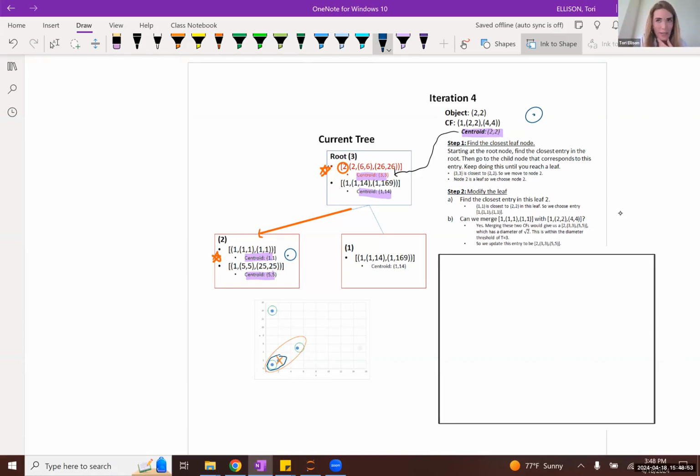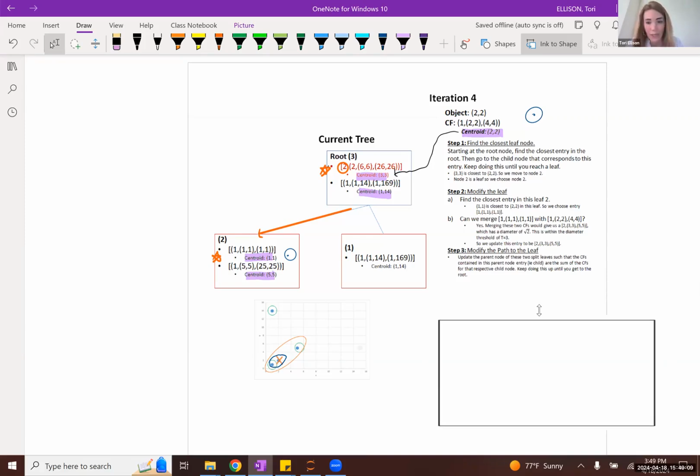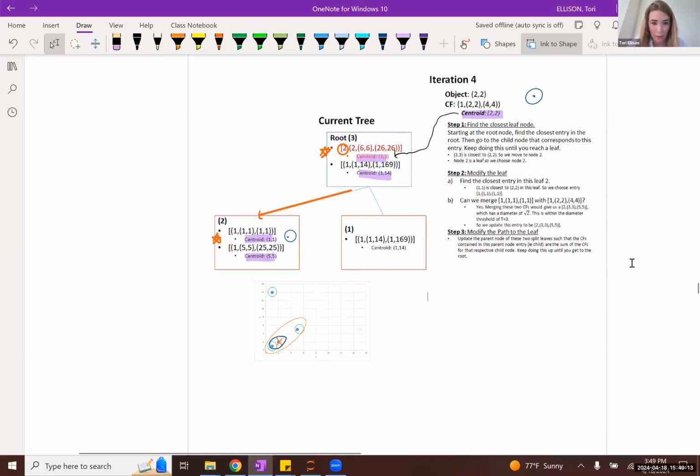Or in other words, the average pairwise distance of all points in these two subclusters would not go over 2. So therefore, we are allowed to merge these two subclusters. However, we're not done. We need to then modify the path.